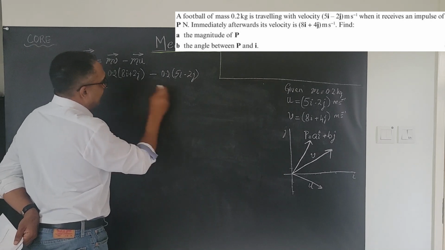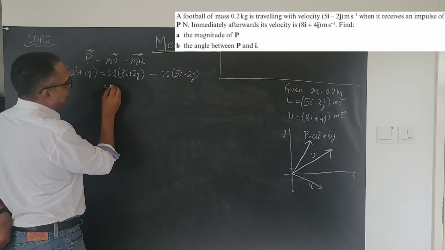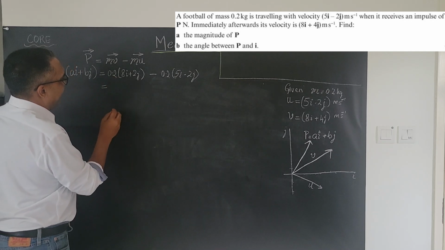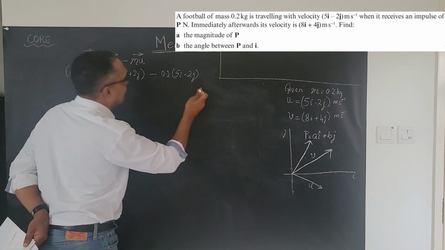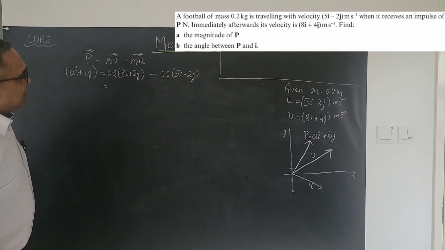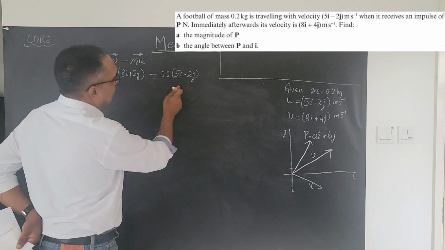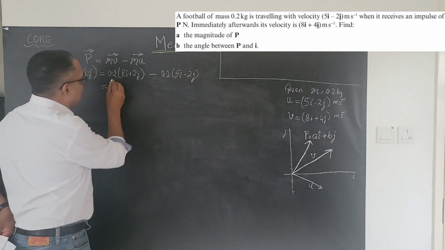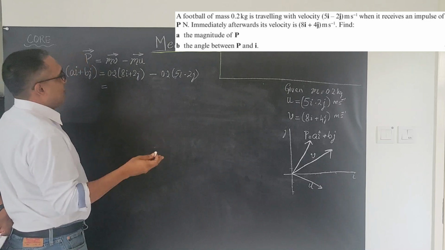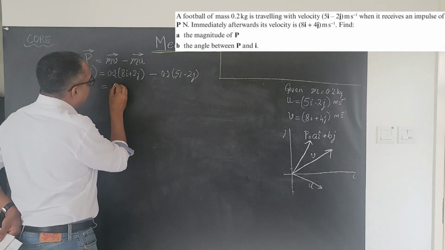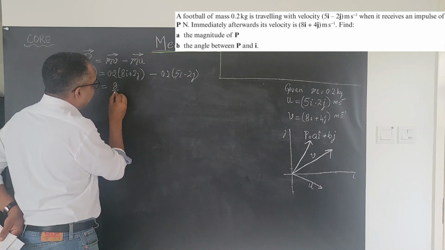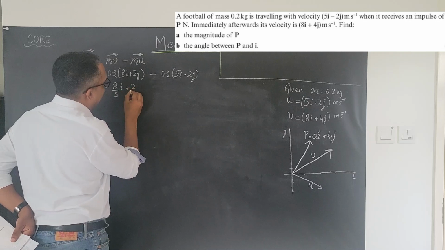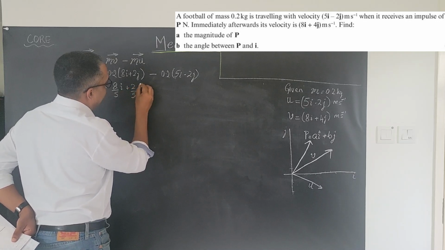Now, just for the sake of my calculation, I'm going to make this easy. 0.2 is 1 by 5. I don't want to waste a lot of time trying to do the math. I mean, these numbers are fairly easy, but I don't want to try and work decimals out. I encourage you not to as well. So 0.2 to me is just 1 by 5. So I'm going to write this as 8 by 5 I, right, plus 2 by 5 j